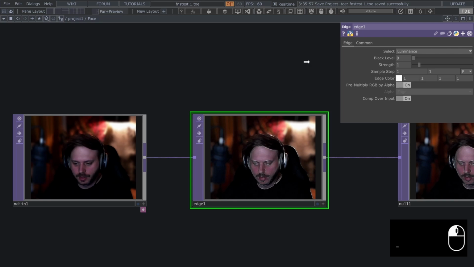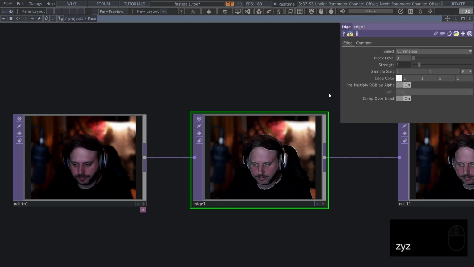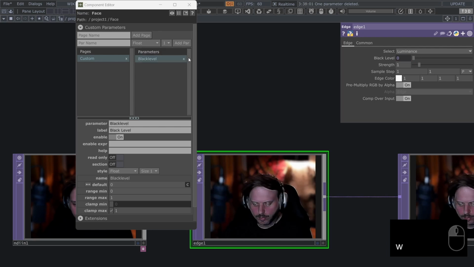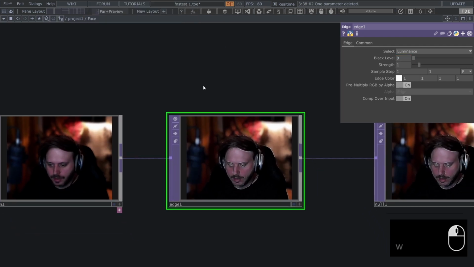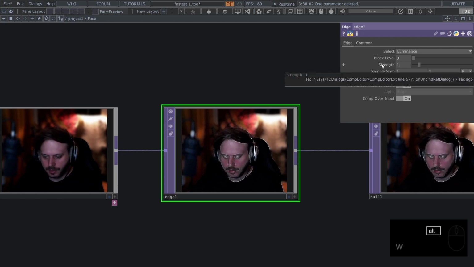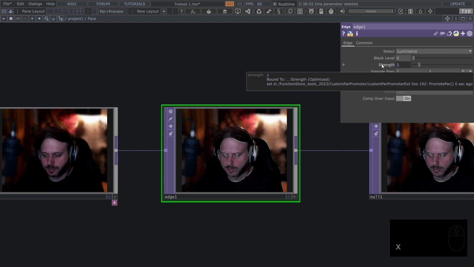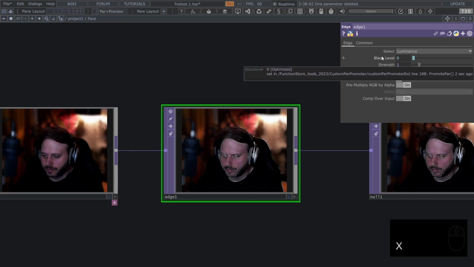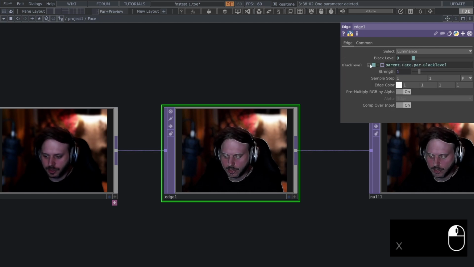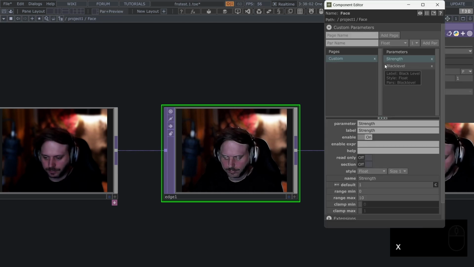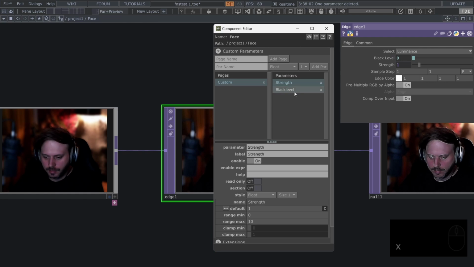So for example, I can drag a parameter onto this diamond button, or I can drag a parameter onto up here and so on. And that's all fine and dandy, but what if we want something more easy? So I can just hover over a parameter, for example, and hit Alt X. This will promote it as a bind, or I can hold Alt Shift X over a parameter, and then this will be an expression. And if I do Alt X once again over this parameter, it will open the parent